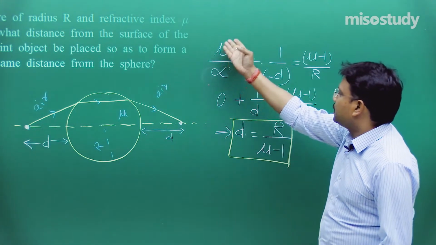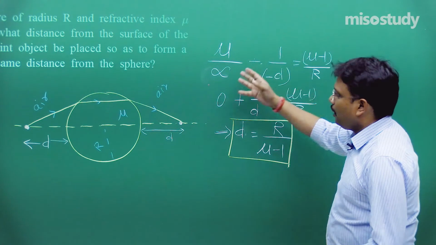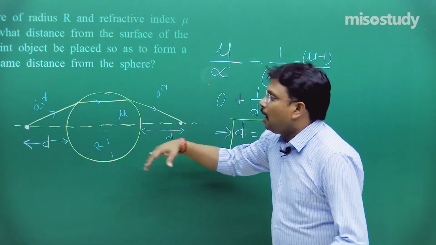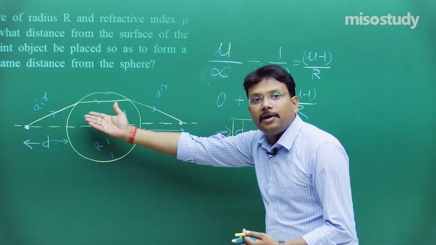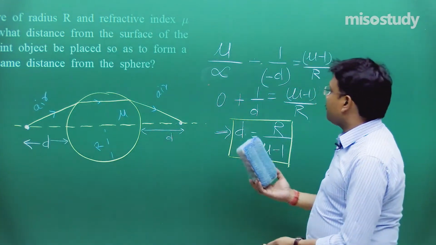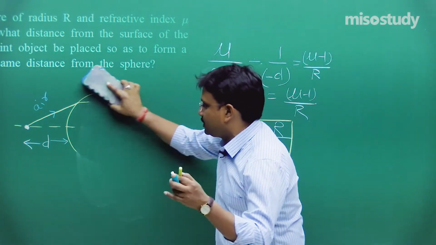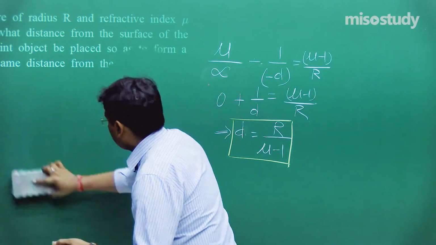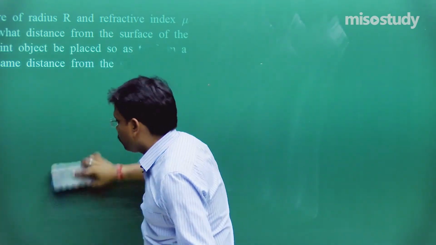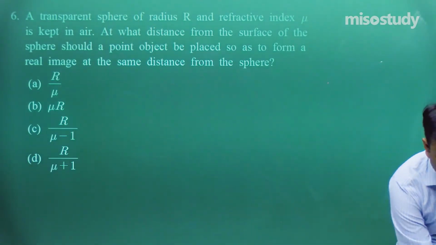Very simple steps, a 1 upon v minus 1 upon u is equal to 1 upon f type of formula, simply putting the values. As such, this question was not difficult, but important from the point of view of the assumptions and understanding of ray refraction. Beautiful question, simple question. In NEET, the examination body loves to ask these questions just to check your basic understanding of physics. After becoming a doctor you have to use many devices to examine patients, and those devices are specifically based on ray optics and other phenomena.